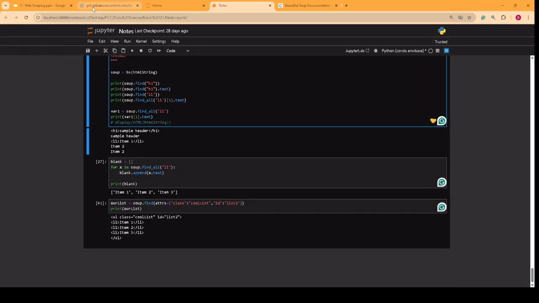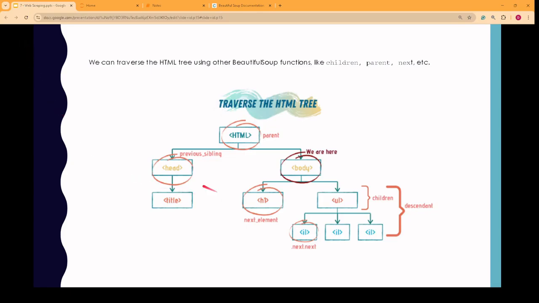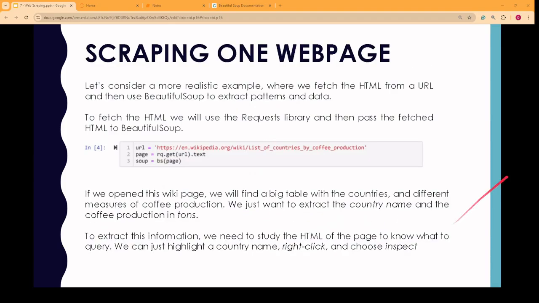Okay, now, what's that one? Let's see here. Okay, so,